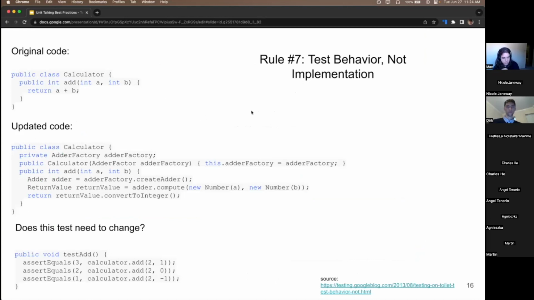All right, here's another rule. Test behavior, not implementation. So we have this calculator. This is the production code that we want to test, and it just adds two numbers and returns an integer. Let's say you've found a new library which can add numbers faster, and so you refactor your code, and now you still have this add method, but it uses a different way of doing it. The implementation has changed, but the behavior has stayed the same. And so the question is, does this test of the behavior